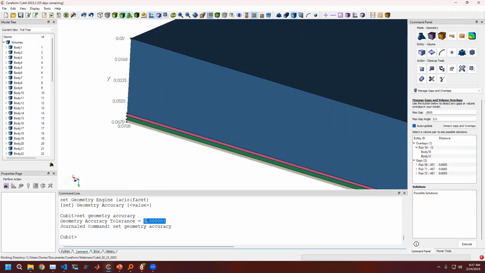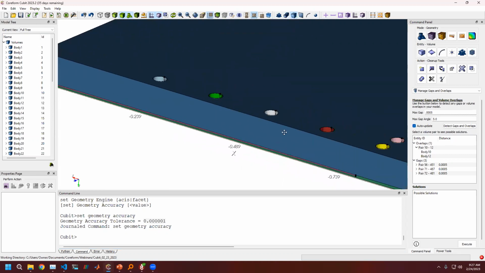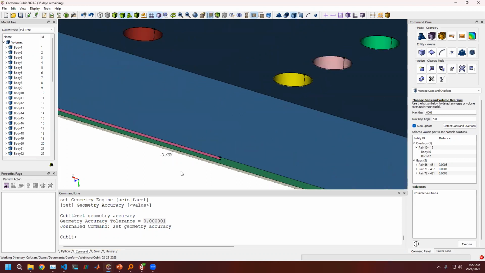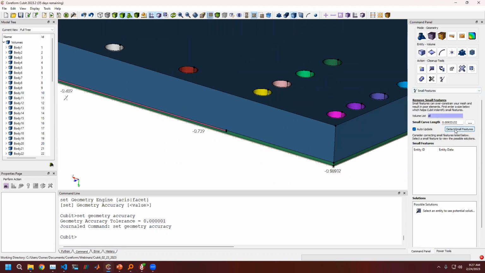It's kind of the tightest you could go. I think many CAD applications, even by default, might be at like 5e minus 4 as their accuracy for performance reasons. What we want to do typically is try to say, okay, what's the smallest feature in my model that I care about, that I actually need to be able to resolve and maybe even mesh, a subdivision of. Now, to do that, I could use, again, in this cleanup tool, I could find small features,